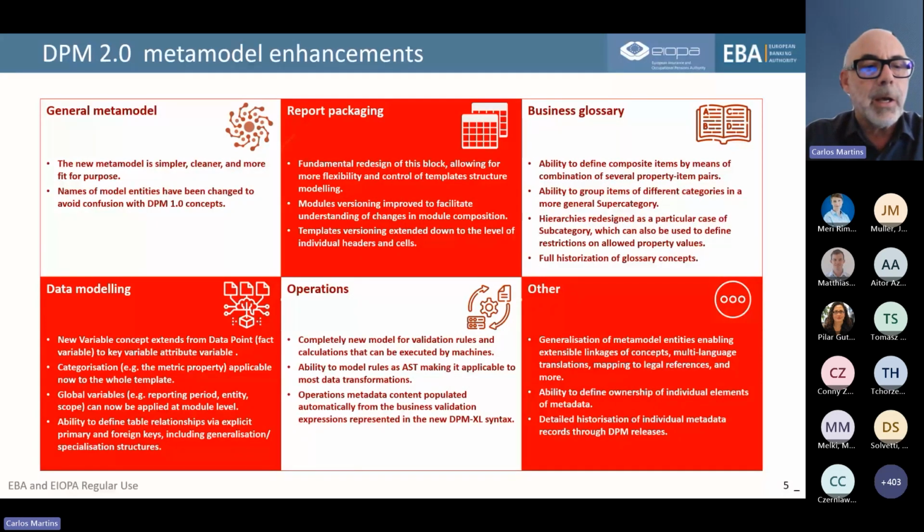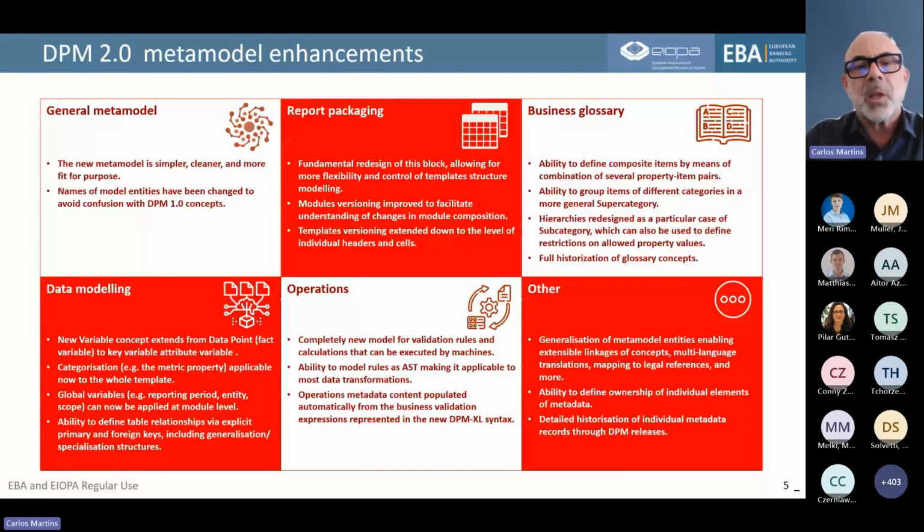The categorization, which in DPM 1.0 is applied at the level of each header, row and sheet, now we can also apply to the whole table, which makes it simpler and avoids the case where we are applying some dimensions to the whole set of columns or rows, even though we do not explicitly define each of those, but the whole thing.